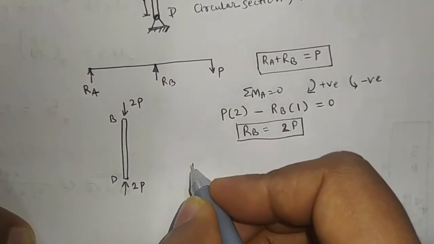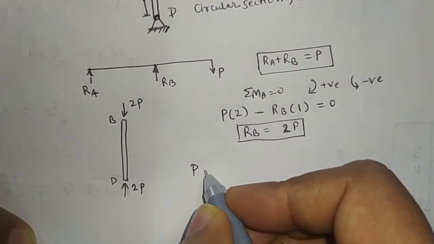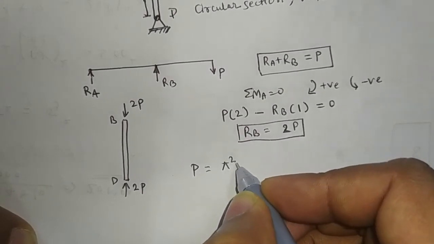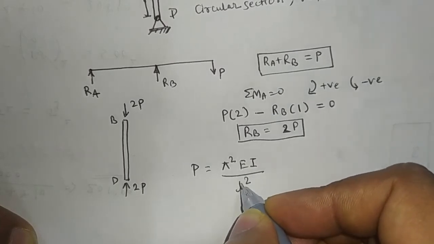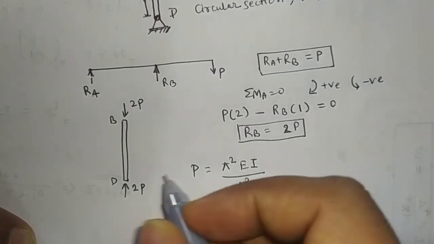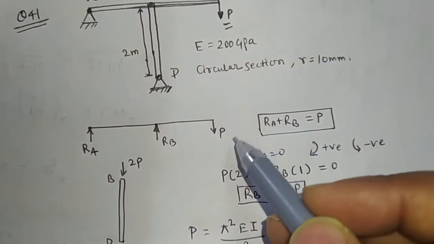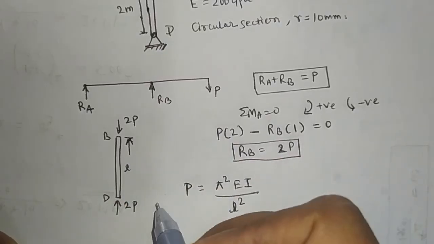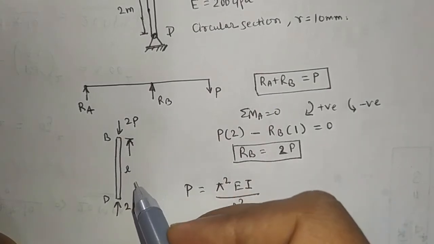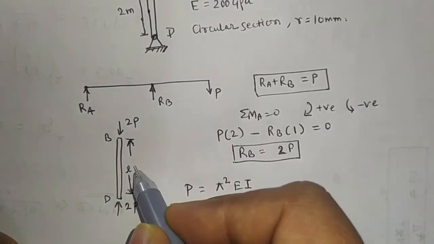And we know the Euler buckling load formula, which is equal to pi square E I upon L effective square. But for the hinged boundary condition, effective length is equal to the length of the column, which is equal to 2 meter,